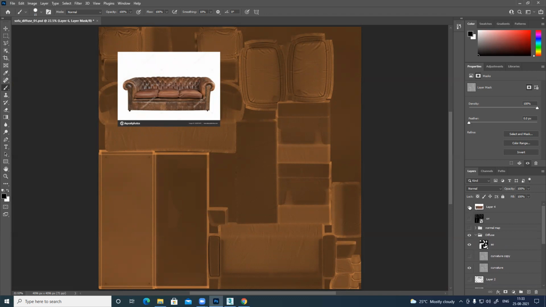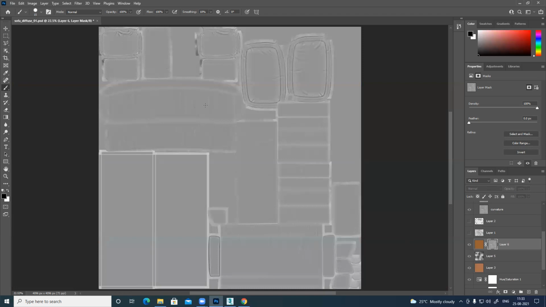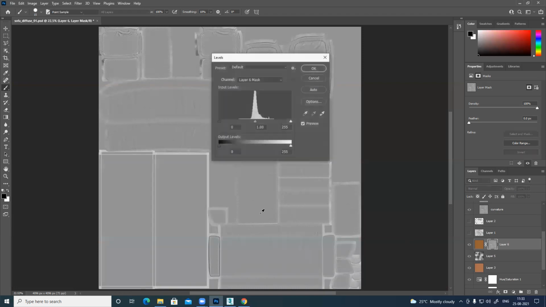So now I switch this off, and you can see what is happening is the entire color became the same flat bright color. So I have to blend this with my base. So what I'll do is change the intensity of the mask. Alt click on the mask, you can see the mask. I'll change the intensity. Control L.